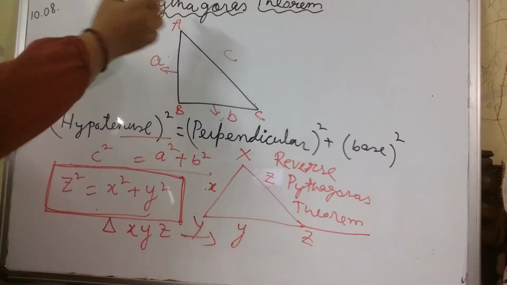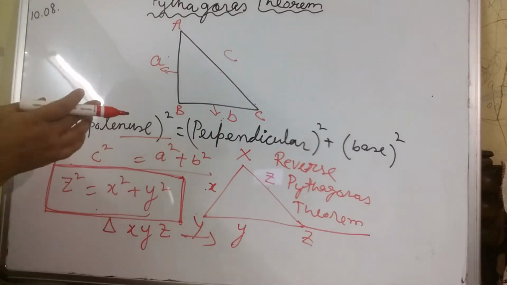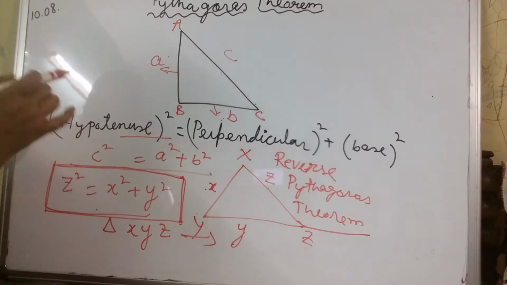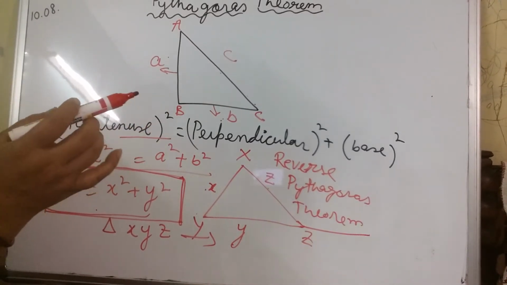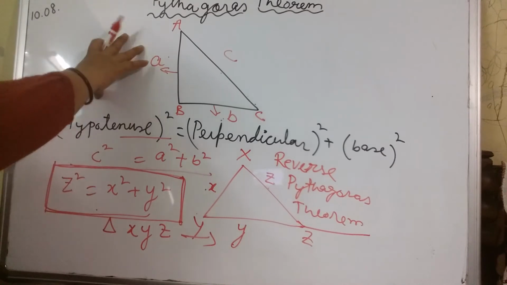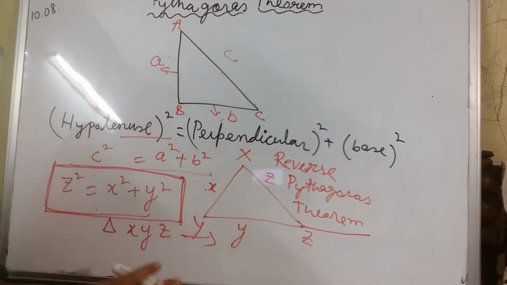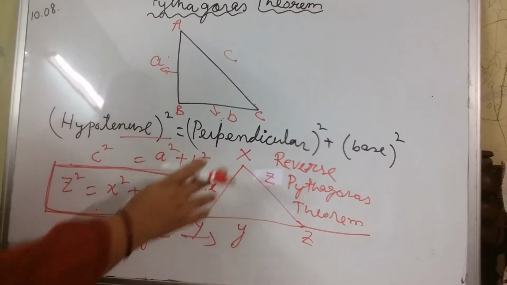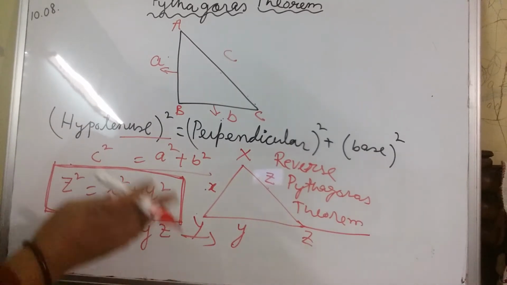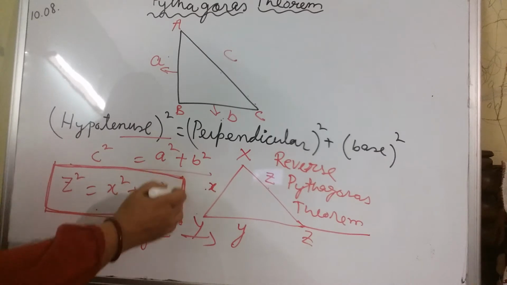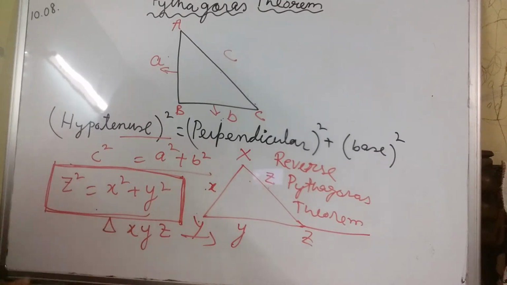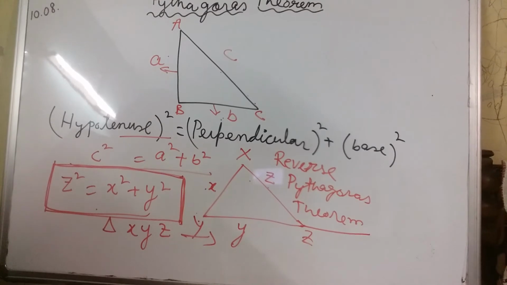Pythagoras theorem says that for a right angle triangle, hypotenuse square equals perpendicular square plus base square. And this is one thing. Another is reverse Pythagoras theorem, which says that if any one side square equals the sum of the other two sides' squares, then this triangle should be a right angled triangle. Using those properties, now we will start solving this exercise